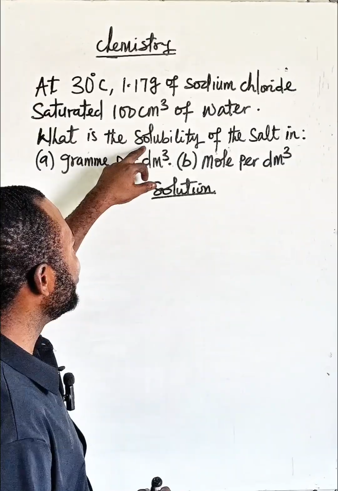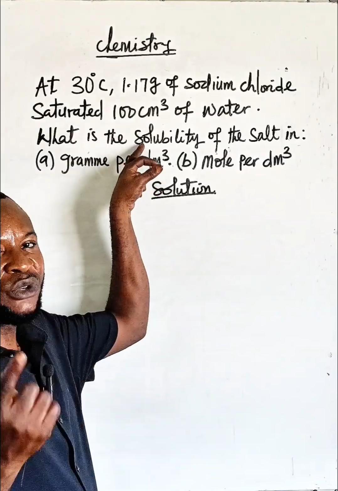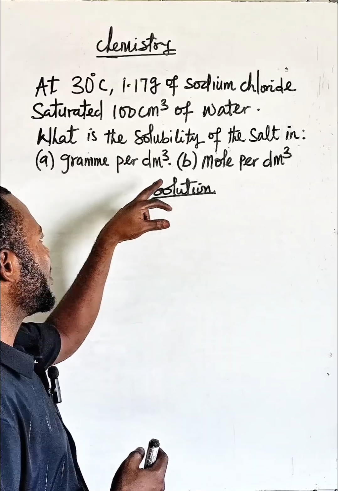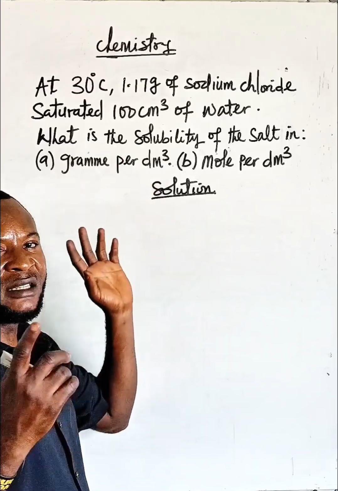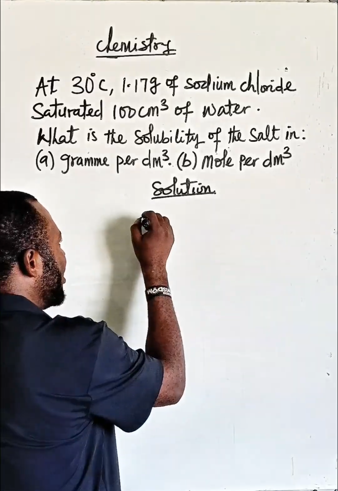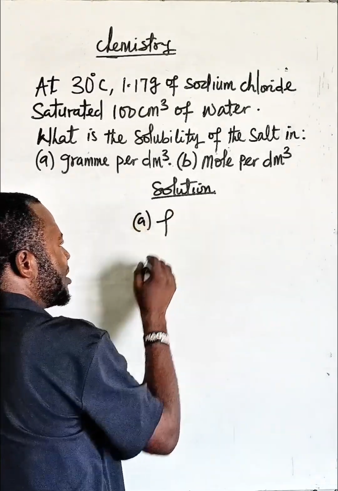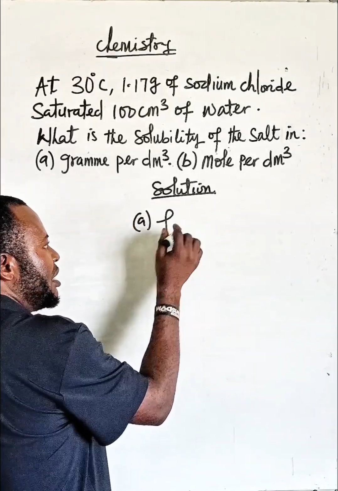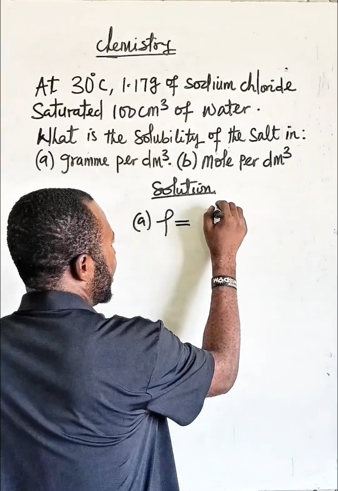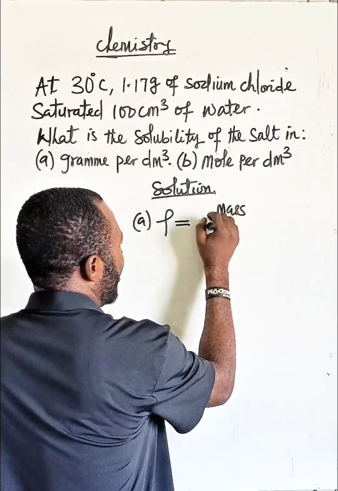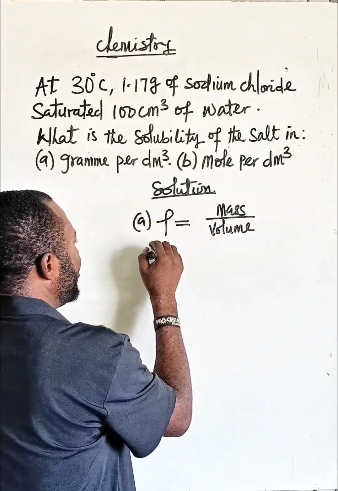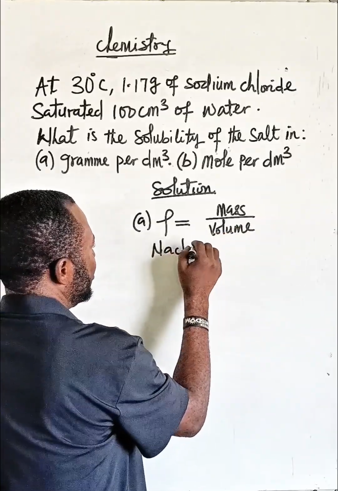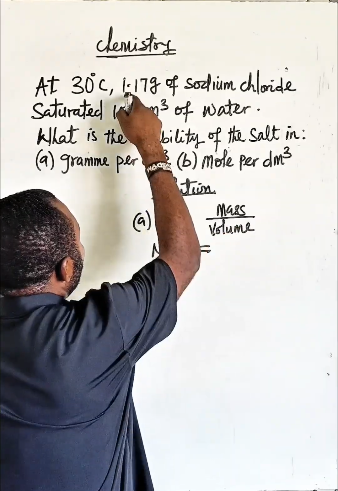We are to calculate the solubility, which is the concentration now in gram per dm³. So this one is mass concentration. The unit of mass is gram. So what is mass concentration? Mass concentration, represented as rho, is equal to mass all over volume. So that's it. Now the mass of sodium chloride given to us is equal to